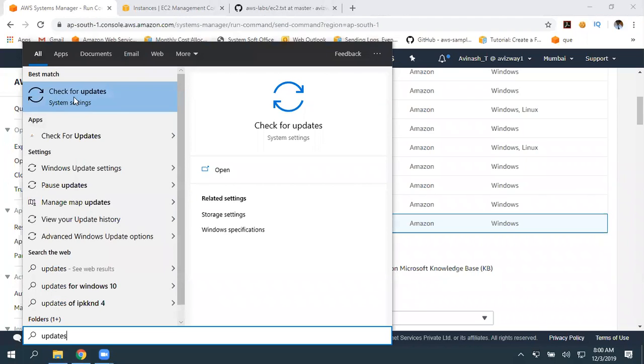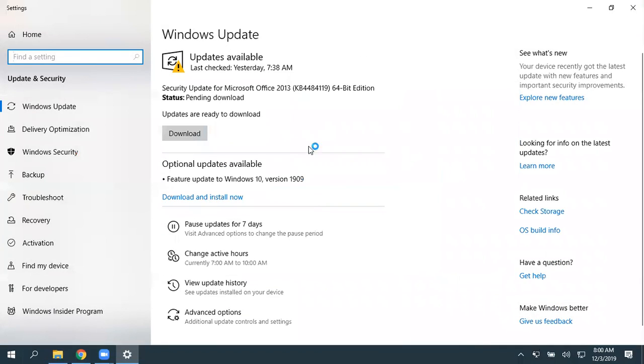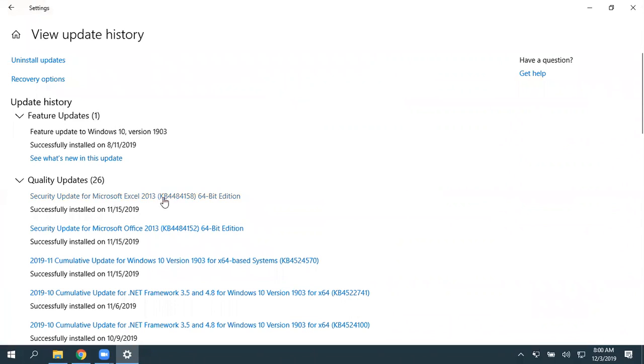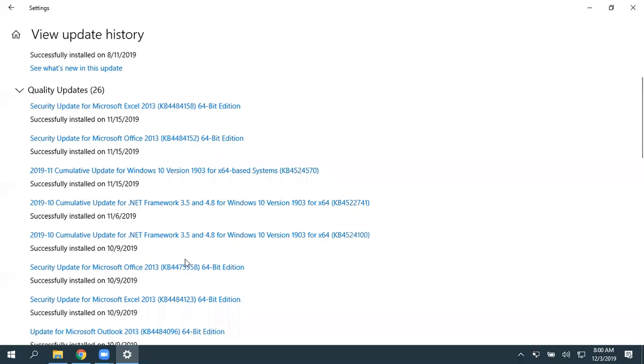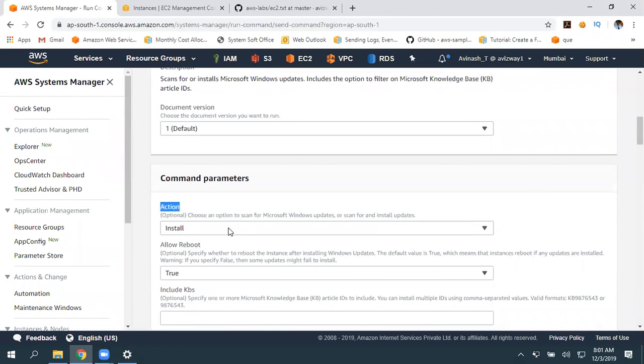This gives complete information. In Windows updates, we are going to have KBs, knowledge base article IDs. There is a history, view update history. See, if you observe, every single update has a KB, then some ID. For every single update, we have some. So sometimes your applications will work with some KBs and may not work with some KBs installed. In that case, you can go and choose the option you want, to install, or you just want to scan for the updates.